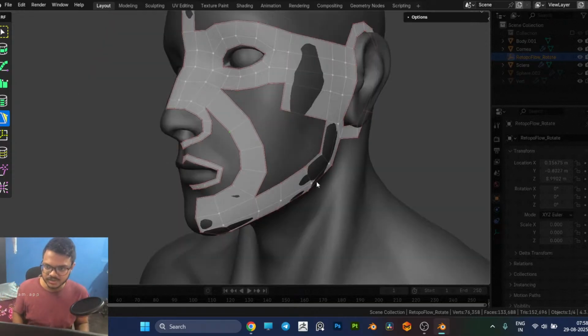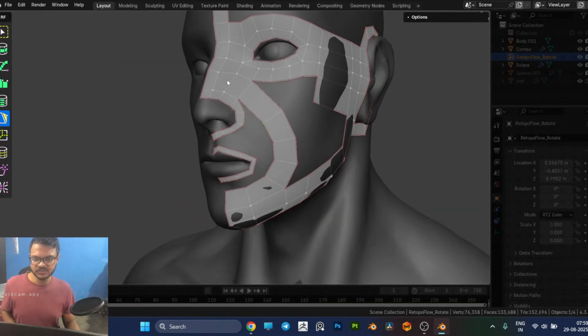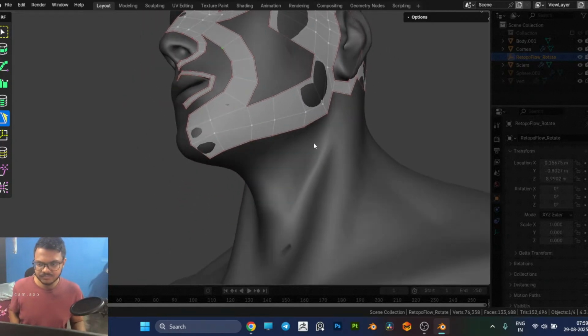Ouch, my posture, man. Okay, so this is the loop. It's okay, we can refine it later. And then